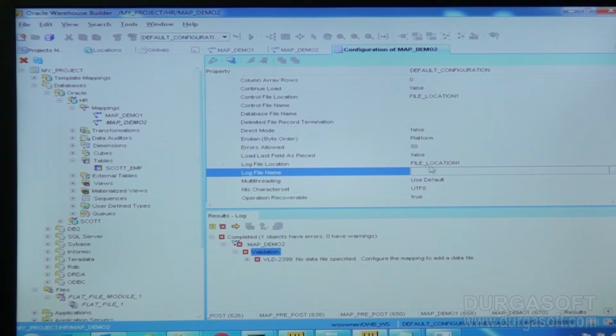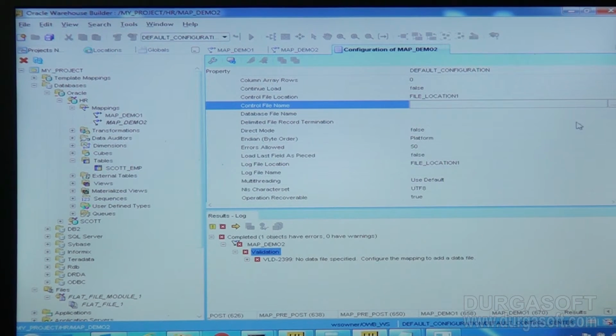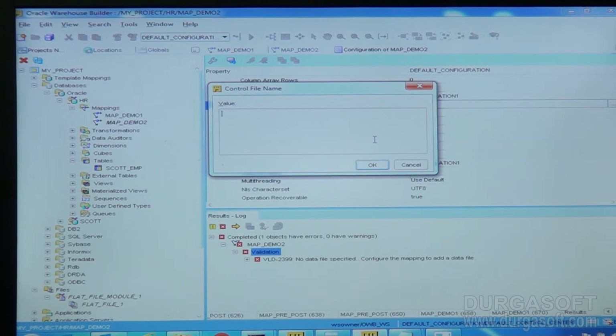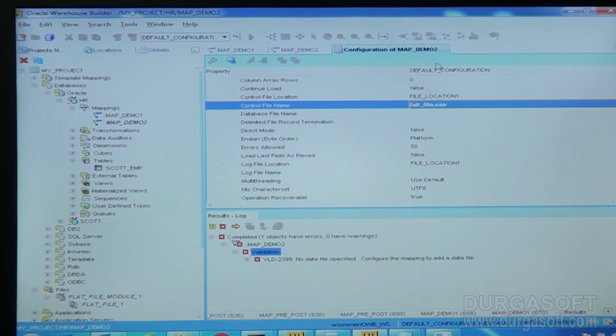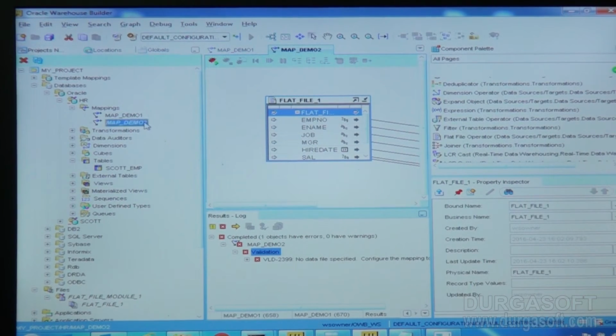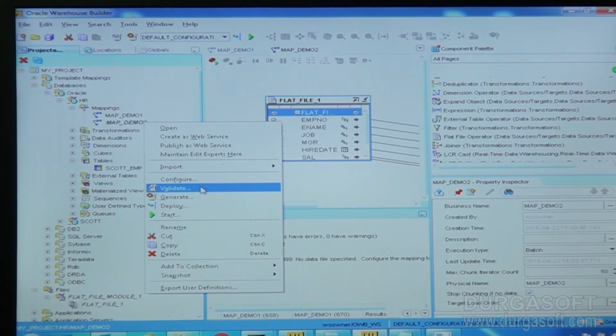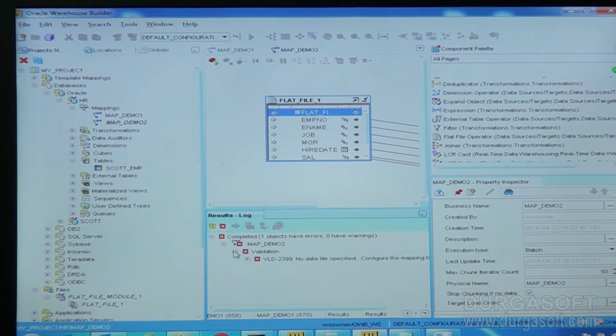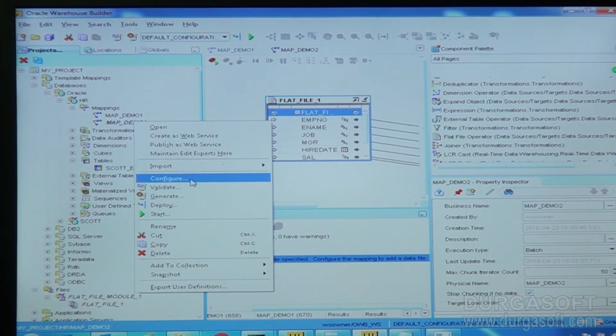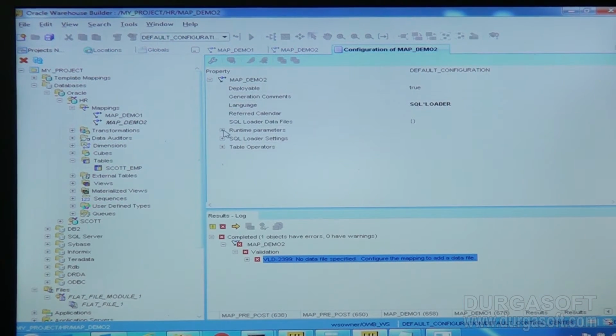Log file location, this is the log file location. Control file name location is this one, and the file name is flat underscore file dot csv. So we have given the file name also here. Now go to validation. Mapping to add a file. Okay, in the configuration part actually we are adding the file, but